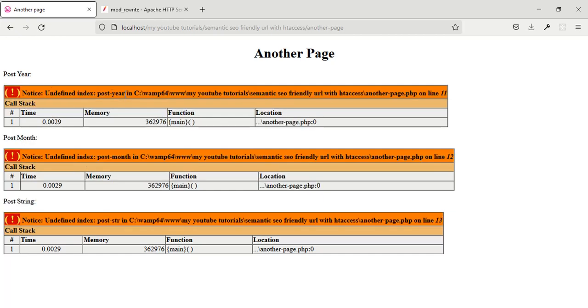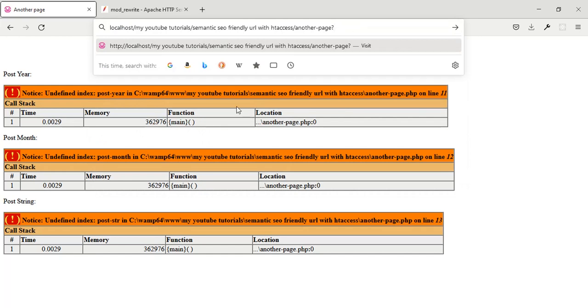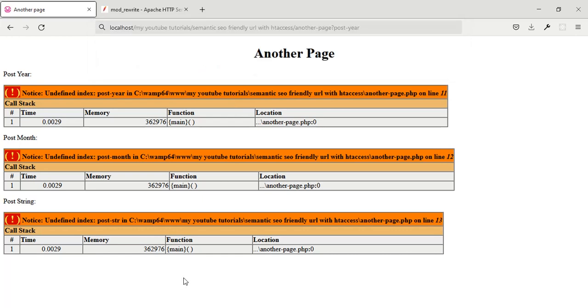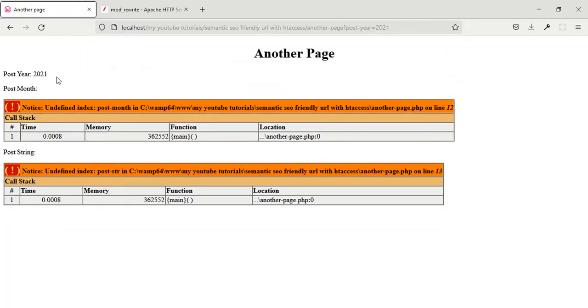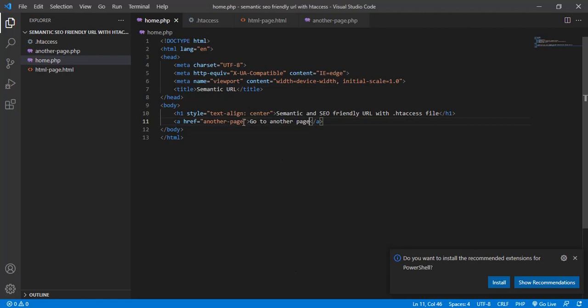It's saying undefined index post year, undefined index post month, and undefined index post. Okay, if I put the post year now, first of all let me write it here, post year equal to 2021. Alright, as you can see, it has gotten the post year from it. And let's just come to the link here and include everything. Post year equal to 2021. All this stuff, you can replace it with data from the database, and